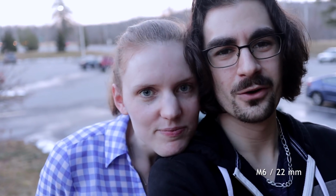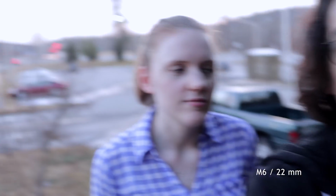The dual pixel autofocus is doing a phenomenal job. This is set on f2. It's all the way out at f2. Of course, I have to extend my arm as far as it goes. I've talked about that before. You can't use this lens for regular vlogging, but all things considered, if I needed a low light solution...